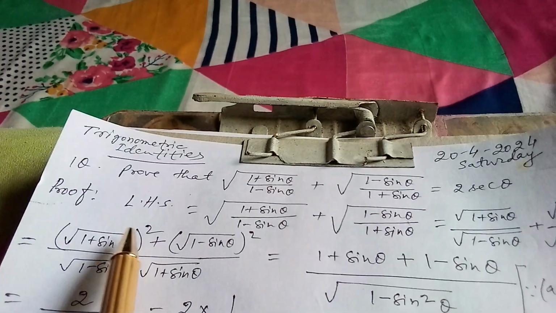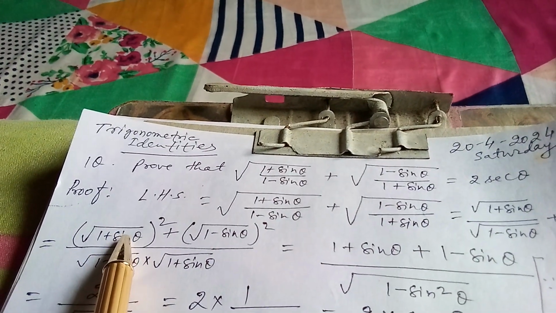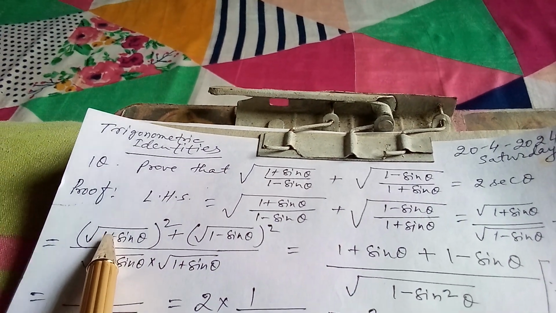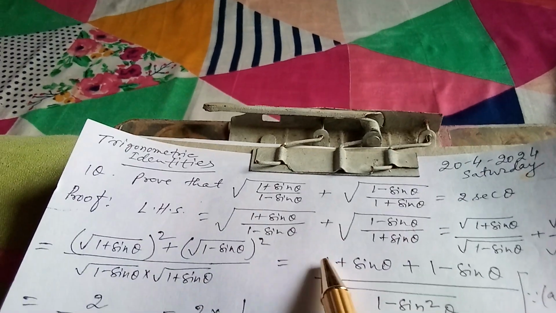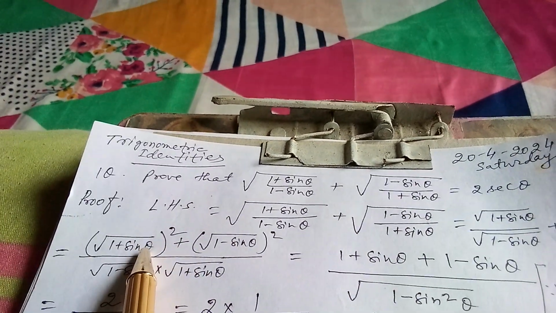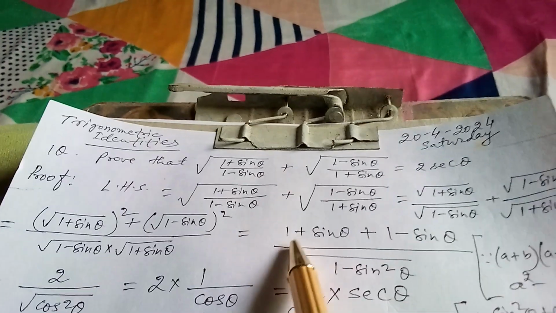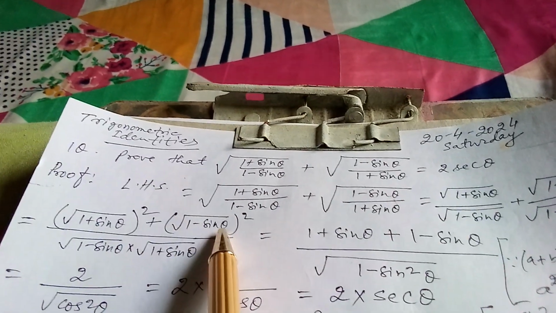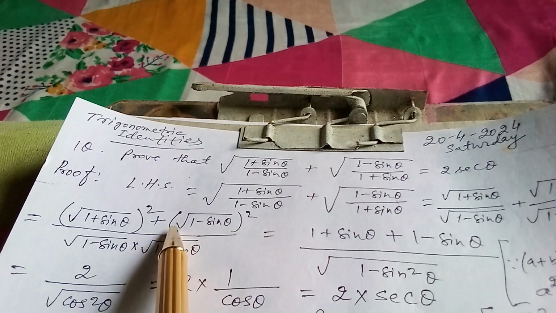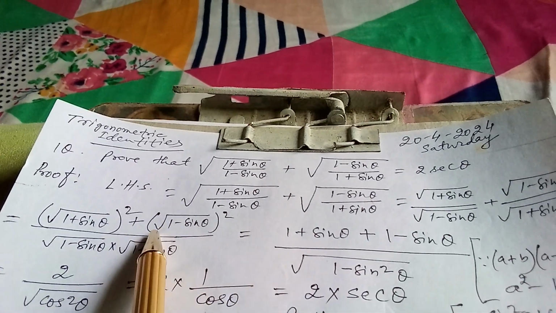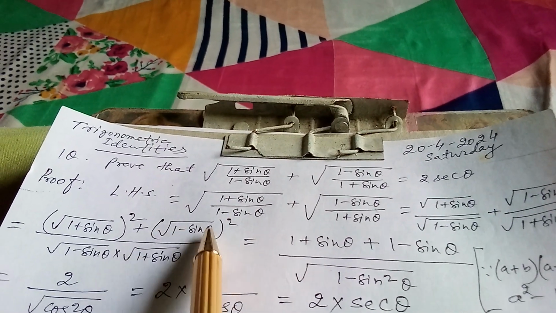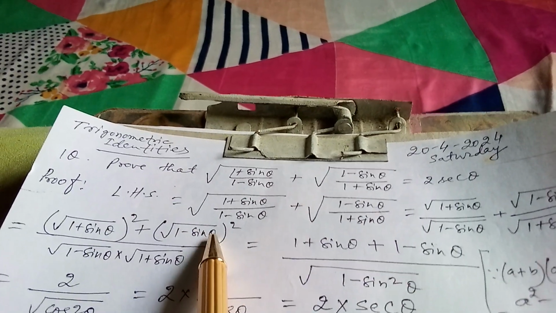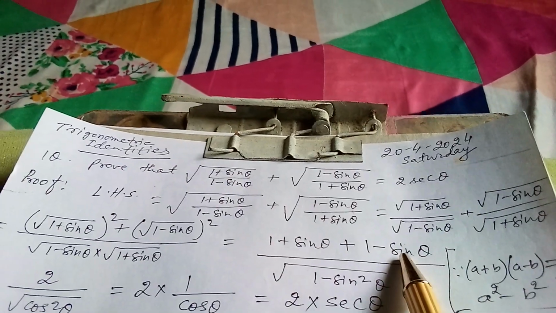And you know that when something is under a square root and we are finding its square, then the square root is removed. That means root 2 into root 2 equals 2. In the same way, square root of 1 plus sin theta into square root of 1 plus sin theta becomes 1 plus sin theta. Plus, again, square root of 1 minus sin theta to the whole square. It means square root of 1 minus sin theta into square root of 1 minus sin theta. Here both are the same terms and both are under the square root, that's why the square root will be removed, and we get here 1 minus sin theta.